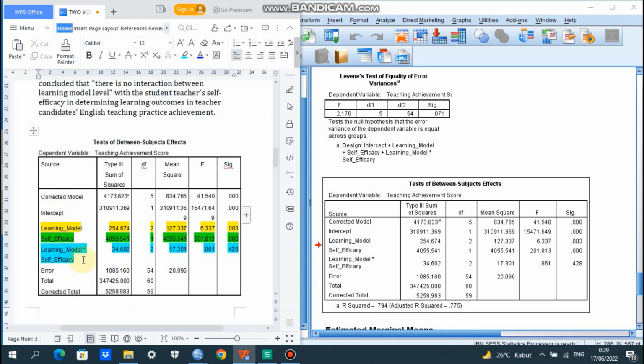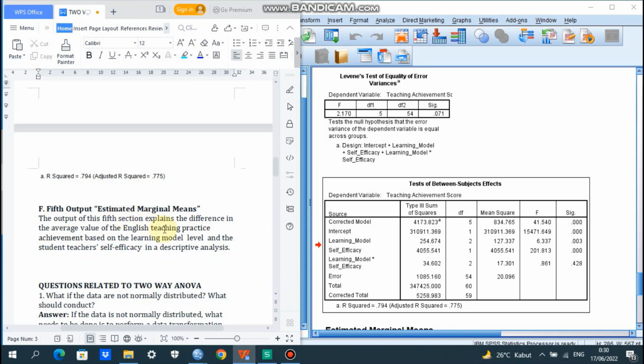So because there is no interaction, learning model and self-efficacy, ya, doesn't give influence on English teaching practice achievement, ya. There is no interaction here, ya. No interaction, so the existence of learning model and self-efficacy, ya, doesn't give determinations on English teaching practice. Okay, and the next,